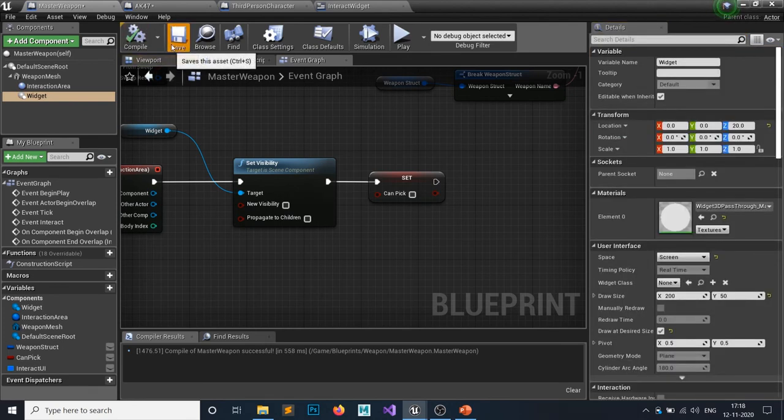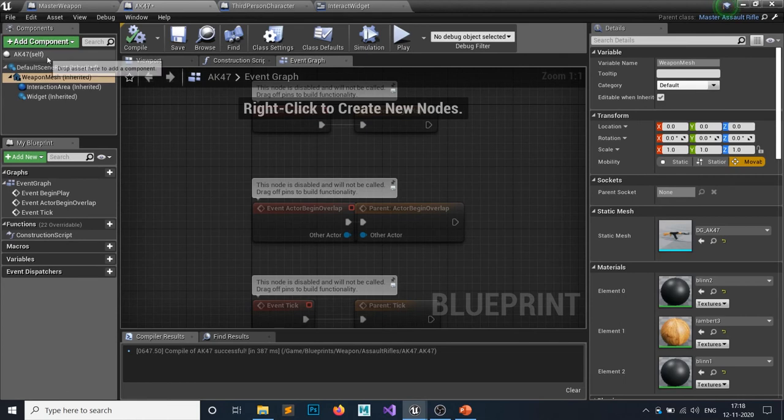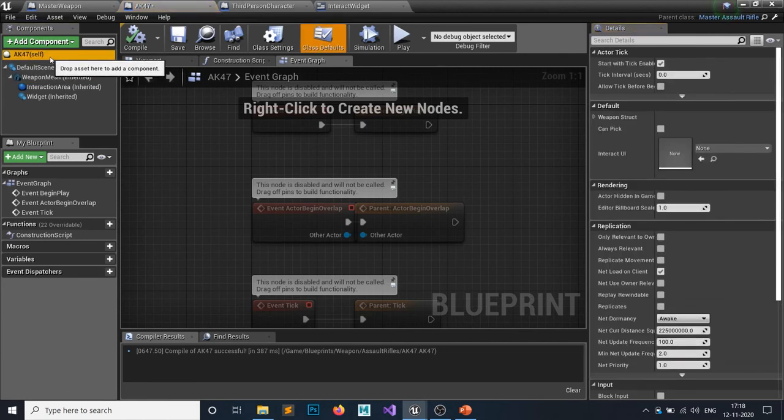Okay, so let's add some AK-47 in here. Go to your AK-47, the child of child class, click on self and open up the weapon structure.